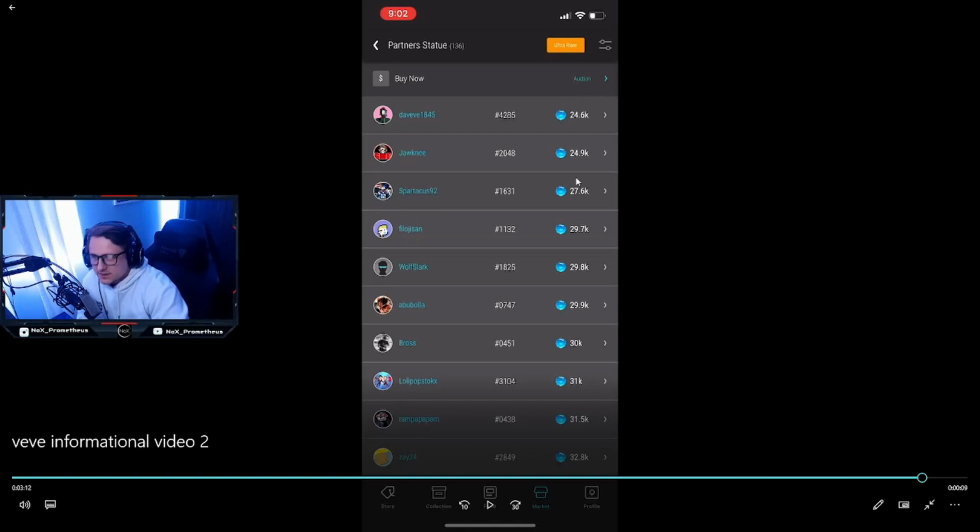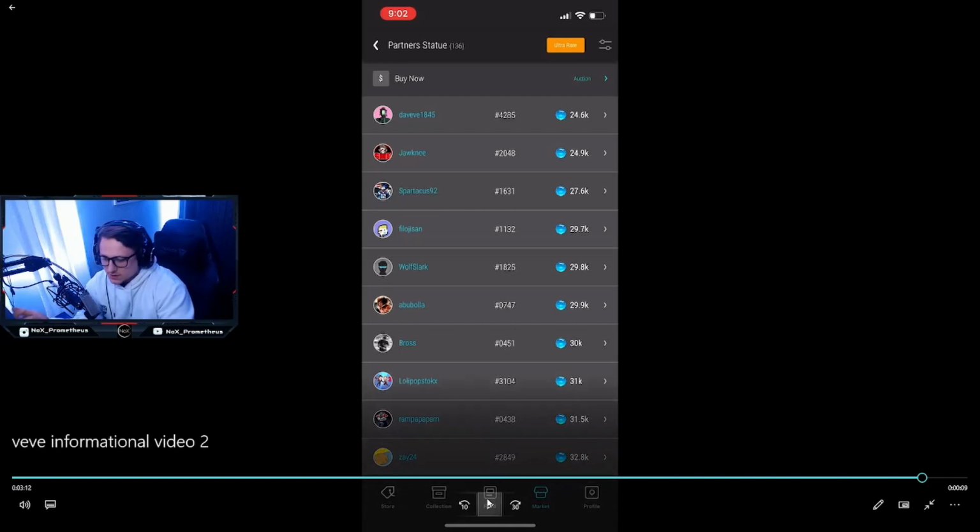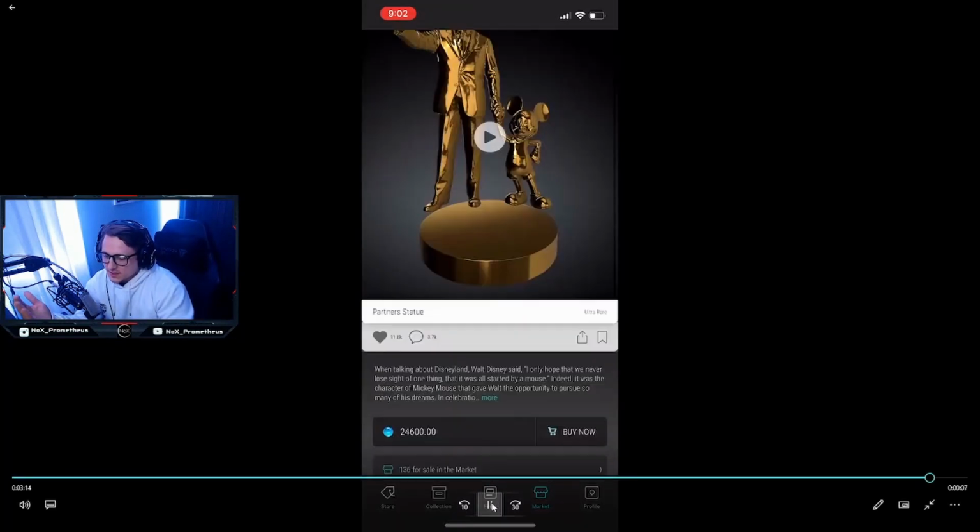I haven't recently checked. If you click on this gear, it'll hit you with another menu where you can search for mint number, because mint number is huge. See this? This is a low mint. If I was looking to purchase this, I would definitely be looking to purchase low mints. Seeing as how you got this 747 at 29.9, I would probably just pay the 30k and get the mint 400 because it's lower. So the lower the mint, the higher the rarity it is, the more money you can get for it. So then you would just click on it, scroll down,